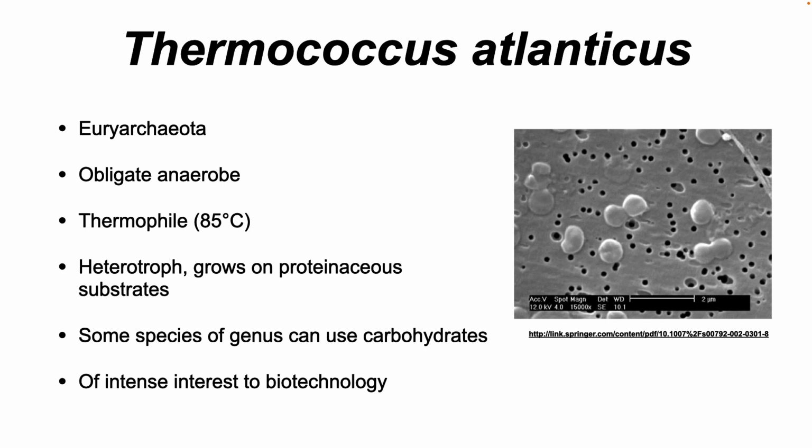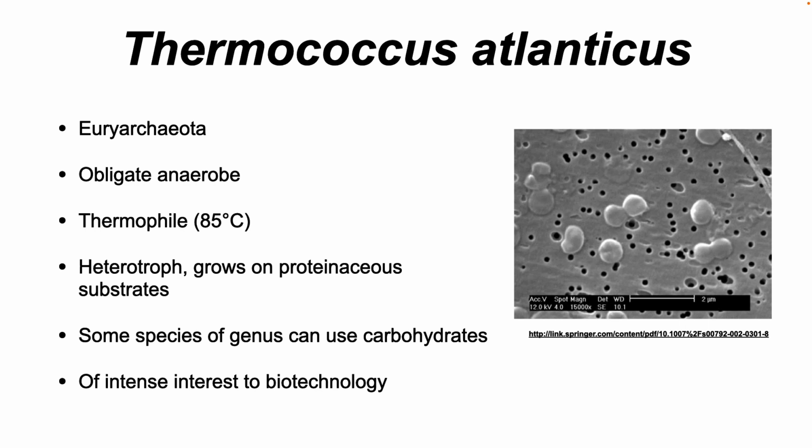Another example of an organism available in the deep sea is Thermococcus atlanticus. It is not a chemoheterolithotroph. It is a chemoheteroorganotroph. Thermococcus atlanticus is a very common organism at deep sea ocean vents and is an obligate thermophile, but a heterotroph, growing on proteinaceous substrates. Other species of the genus can use carbohydrates, and they have intense interest in biotechnology because they have